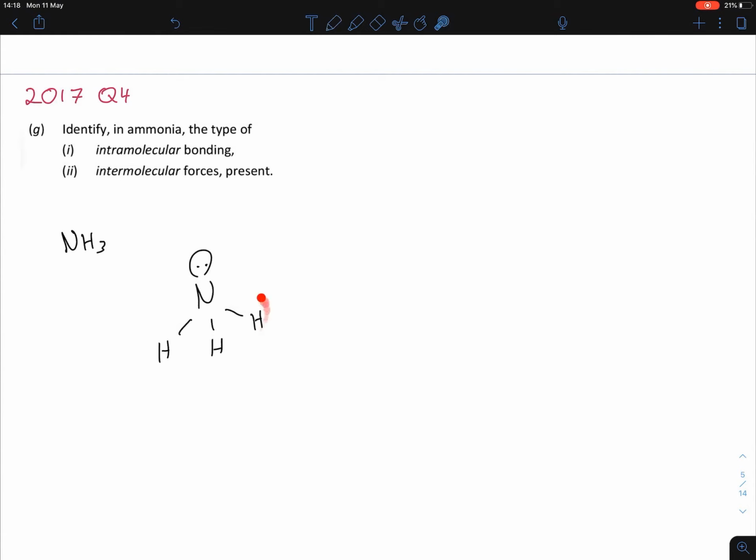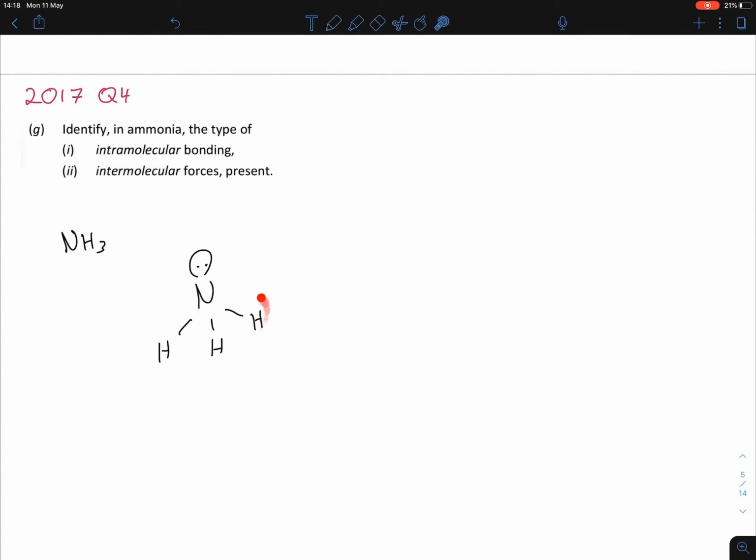Now, I have to ask myself, what type of bonding for intermolecular forces do we have? We have 3 of them: van der Waals, dipole-dipole, and hydrogen bonding. If it's polar covalent, it cannot be van der Waals, generally. Generally you can get rid of van der Waals if it's polar covalent. So therefore we're left with dipole-dipole